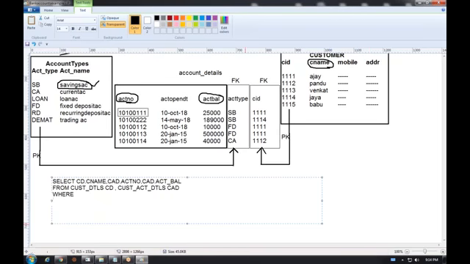From these 2 tables, I am selecting data. So what is the common column between these 2 tables? CID here, but in my table CNO: CD dot CNO equal to CAD dot CNO. That is the join condition. But only get this joined data from savings account only. So here I am writing the filter condition where